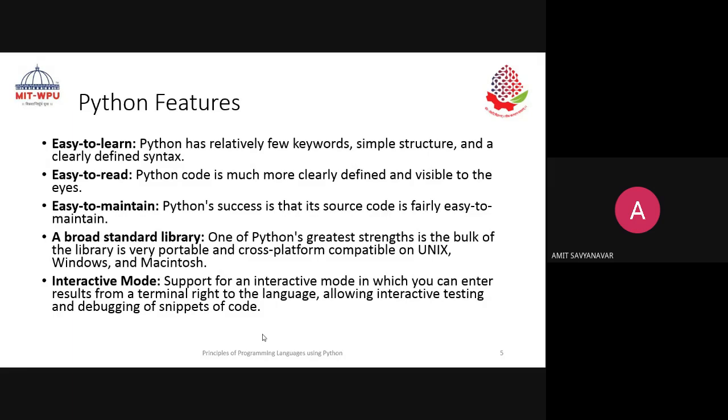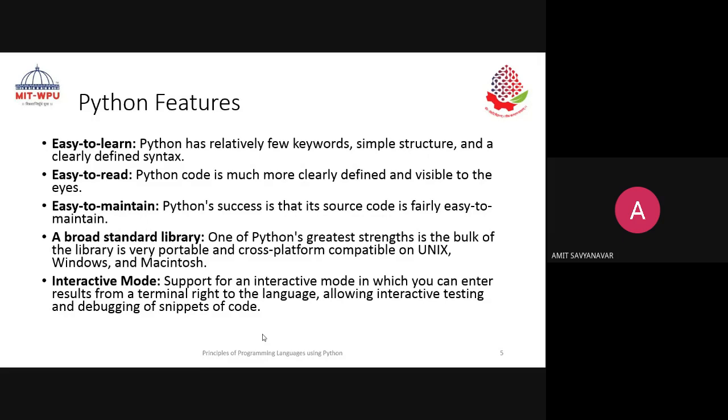Once that happens, it becomes easy to maintain as well. The code written using the Python programming language is easy to debug and fix errors, and if any changes have to be made, that can be done easily. All kinds of maintenance, like corrective maintenance, preventive maintenance and upgradation, can be done easily. Corrective in the sense that if there is some error or some security bug,